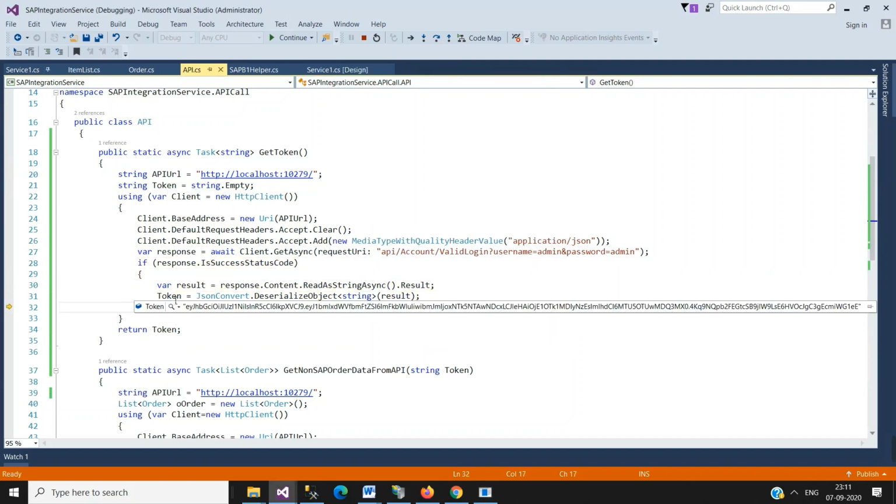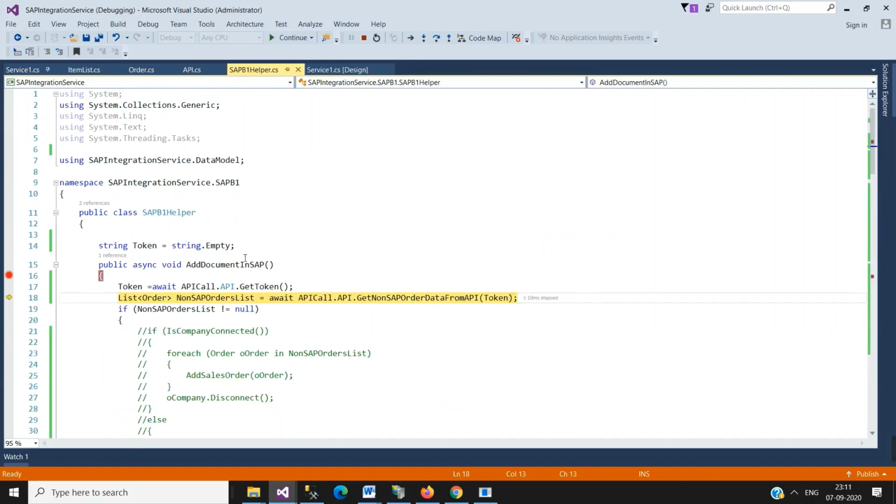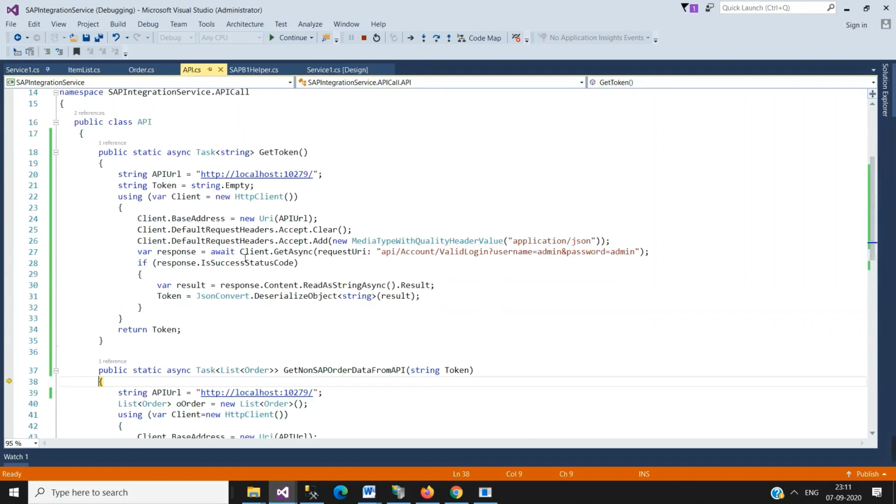You can see we are getting this token. The same token will be passed to the second API.